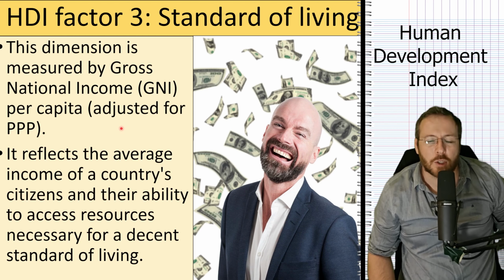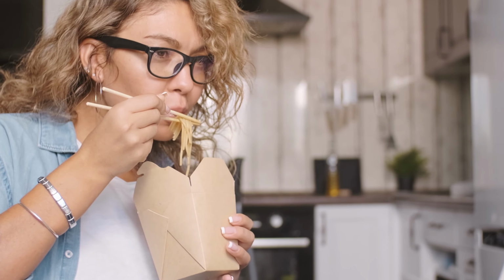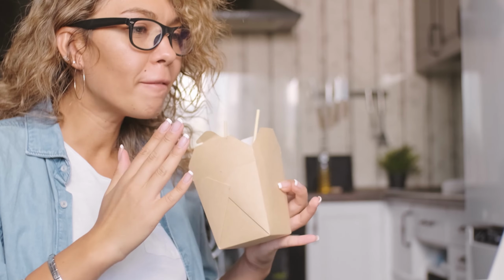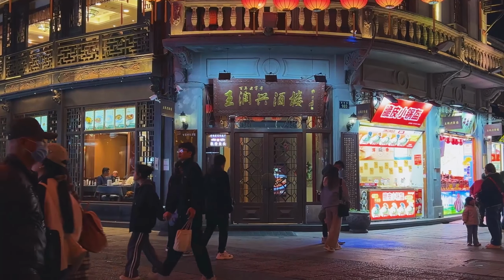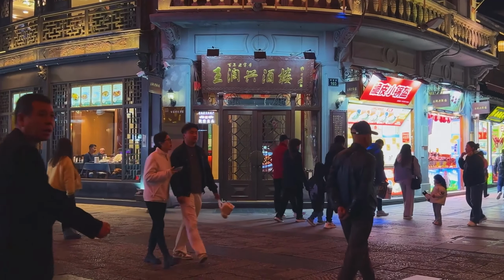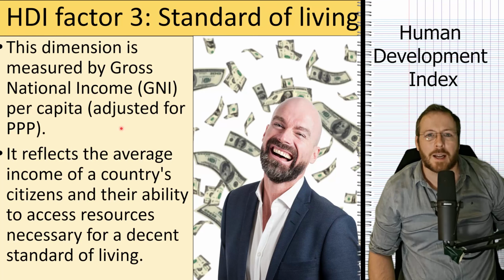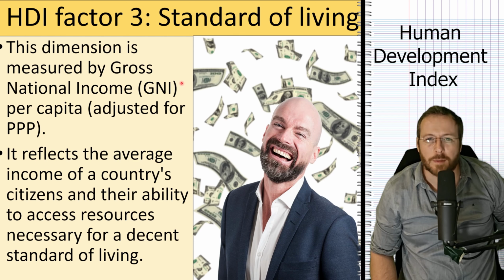For example, if I order Chinese noodles in England, it's going to cost me about 15 British pounds. If I order those same noodles while living in China, it will cost me around £2. So buying food in China is a fraction of the price of buying food in England, meaning even if I have a lower salary in China, it still has a higher purchase power than it might have in the UK. So we need to adjust for that. We need to look at the real strength of the average person's money.